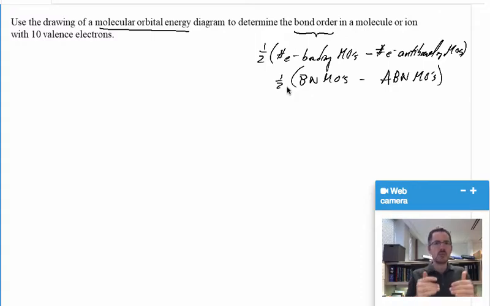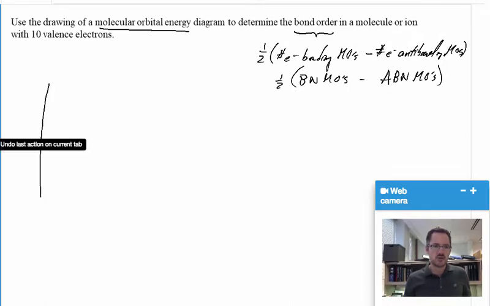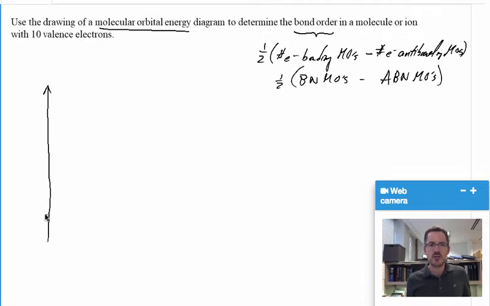So you have to remember that there's a split between the sigma and the sigma antibonding, and then the pi's and the pi antibonding. The bonding orbitals will always be lower in energy than the original atomic orbitals, and the antibonding will always be higher in energy than both. So something like this should start to look a little familiar, where you have one energy level for, say, a 2s